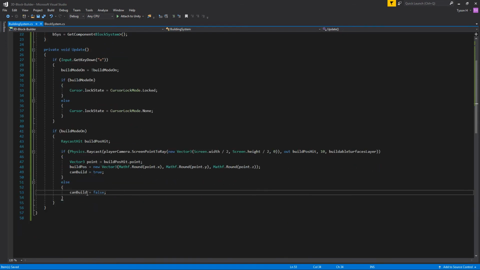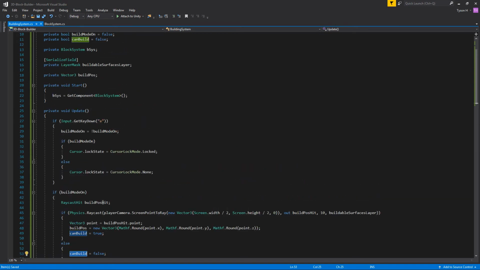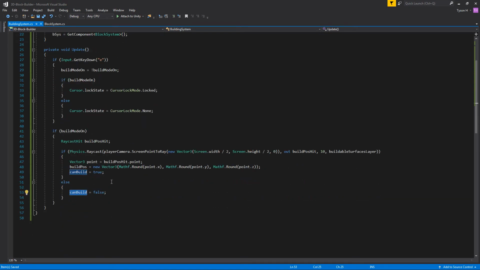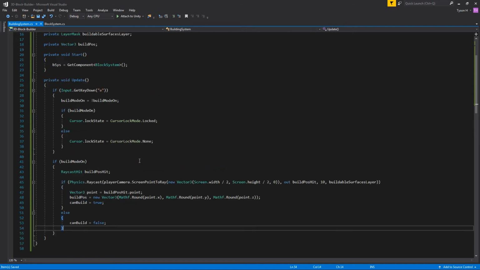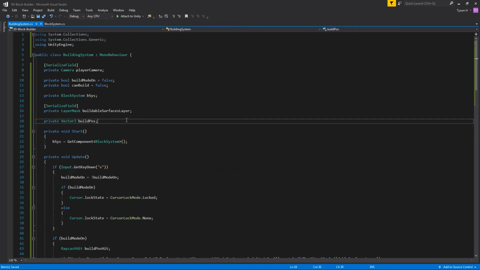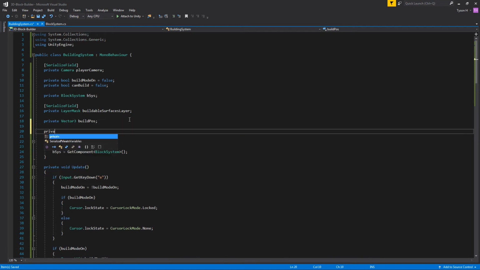So I think that's why I'm using a second bool here, is to ensure that we've got a little bit more control over just turning it off and on. We can actually still have build mode on, but still not allow the player to build, which becomes a bit more important. Okay, so now that we've done all that, I think we will create another variable for,